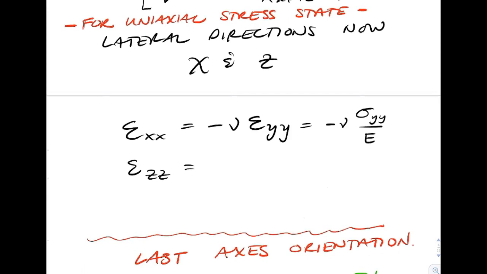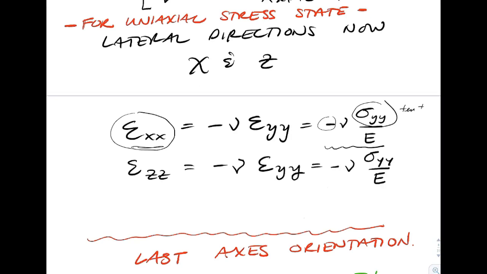So we would end up with exactly the same presentation, except now a strain in the x direction is caused by sigma YY, right? A contraction. And so again, there's some tension and compression here, right? To have this all work out, tension needs to be positive. So tension in the YY direction is going to create contraction in the x direction. Exact same thing happens over in the ZZ direction, or the Z direction strain is going to be negative with